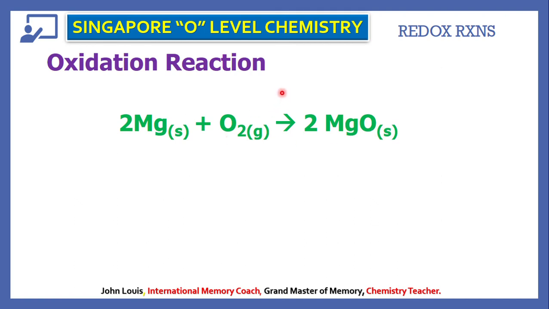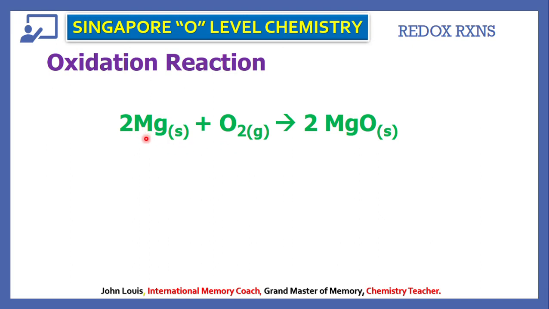Already we have learned that in a chemical reaction, the chemical substances that react together are called reactants, and what is obtained or formed in that chemical reaction are called products. So here magnesium oxide is the product, magnesium and oxygen are reactants. The arrow mark points from the reactant side to the product side. That means they react together to give. That is the meaning of this arrow mark. All these things we already know very well. And the numbers 2 Mg and 2 MgO are balancing numbers, which is also clear to us from the earlier chapters.